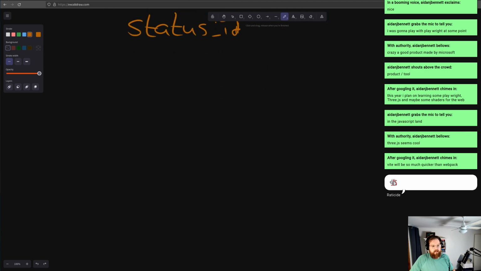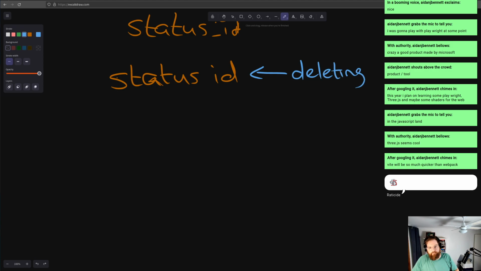So what we'll have is we've got the status we're deleting, so status ID, and we are deleting this one. And then we've got the destination. I don't want to say destination because we're using that term already. We've got the migration status ID